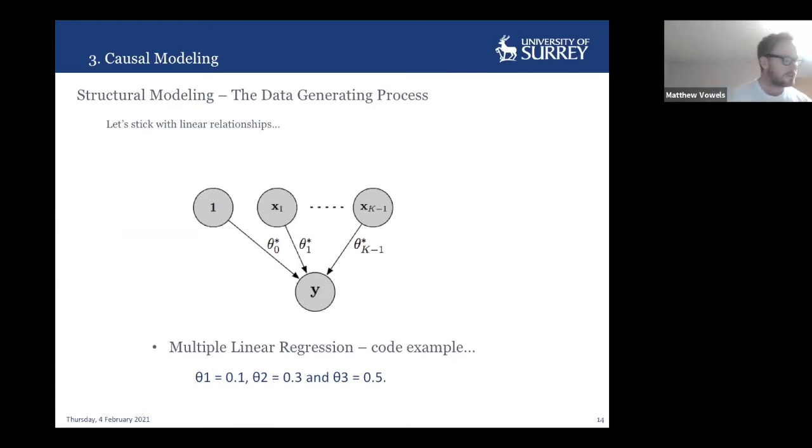But I also want to talk about what the issues are with structure in typical models. So this is actually the graphical model for a linear regression. And this should ring some bells because you've probably heard terms like exogeneity or independent variables and dependent variables. In this case, y is the dependent variable and we have a whole lot of exogenous or independent input variables, x1 to xk minus 1.